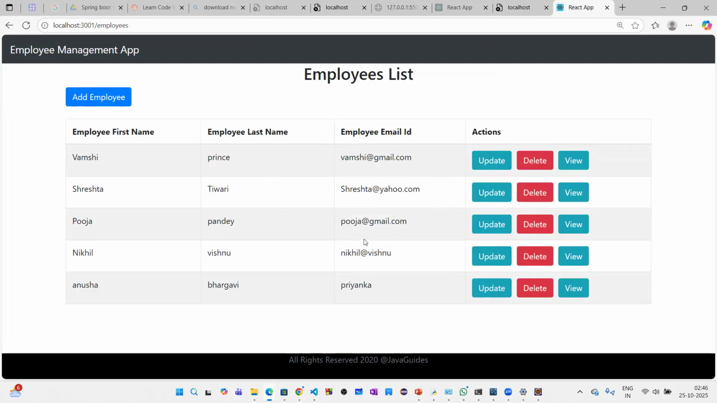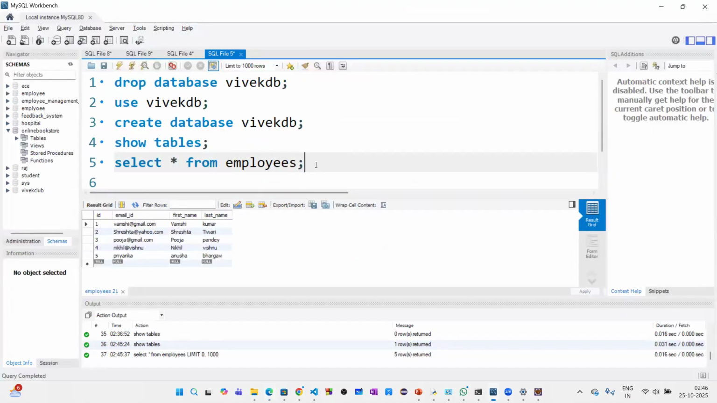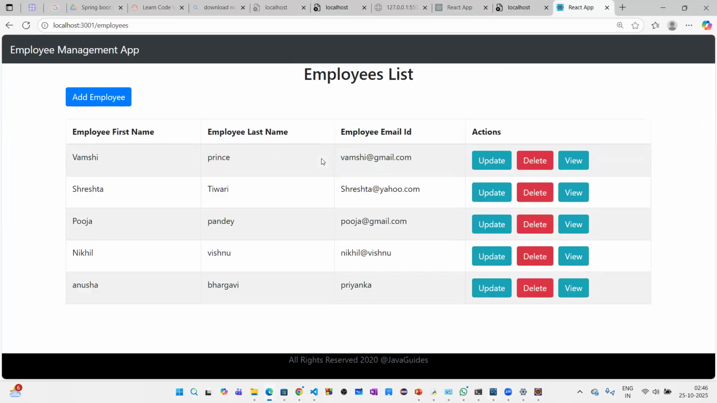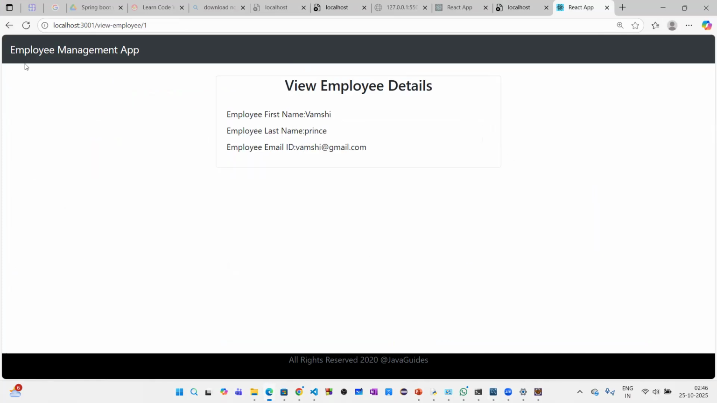and then you can update anything. Let's check whether it got updated or not. Earlier it is Vamshi Kumar, right? Now it should be Prince. See how nicely it got updated. Yes. Next one is update and then view. I just wanted to view this. We can view,